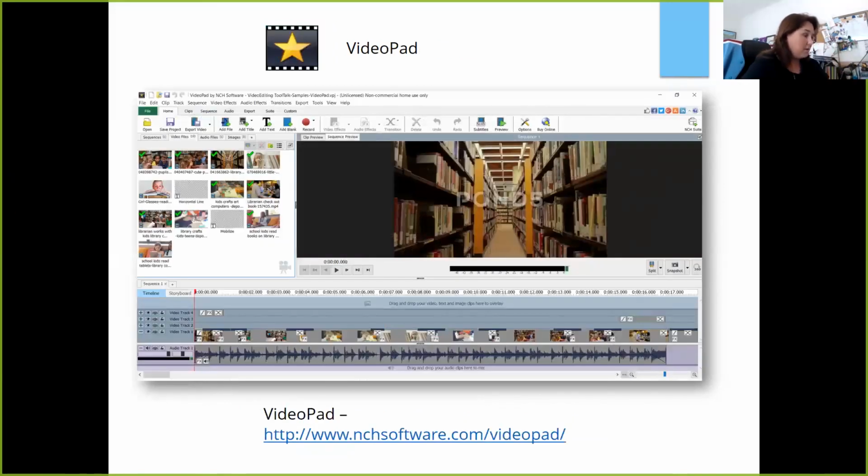This is the interface for VideoPad, and it's clean. I think somebody said it was Windows XP-ish, and it is. And it does remind me most, maybe, of Movie Maker's interface. And it was pretty easy without having read any instructions. I didn't watch tutorials. I was able to get in and start trimming video clips, adding them together, threw in music, made transitions, and